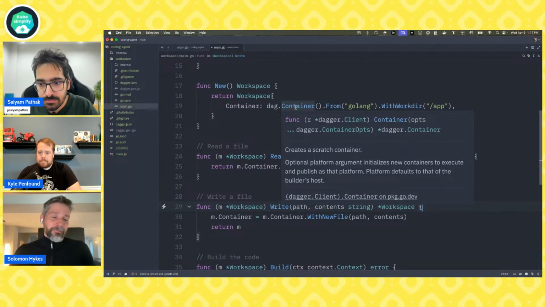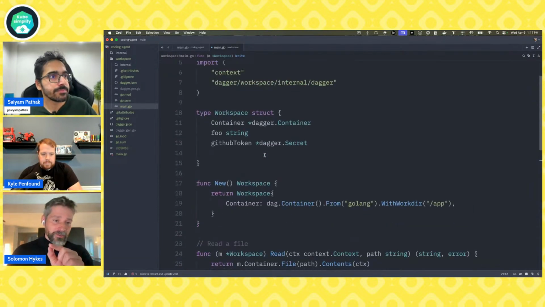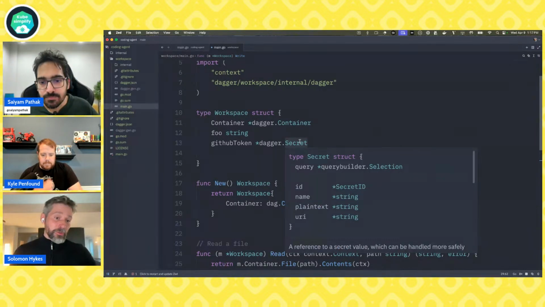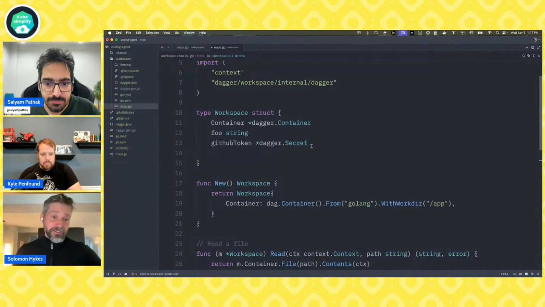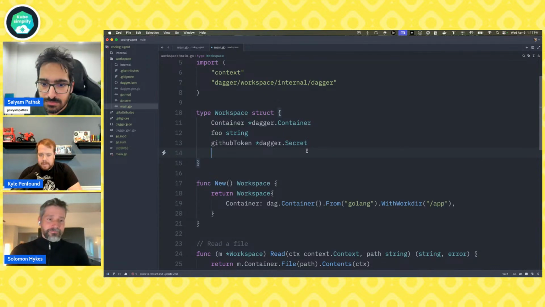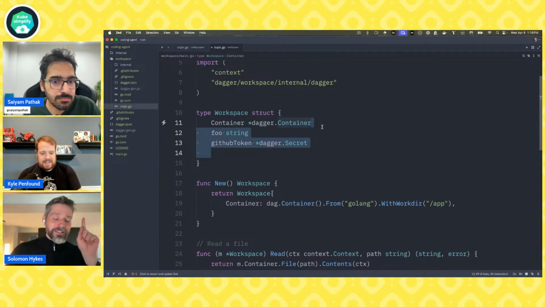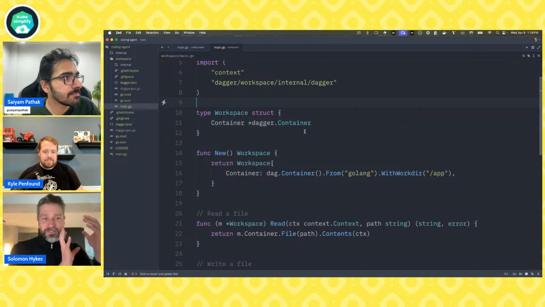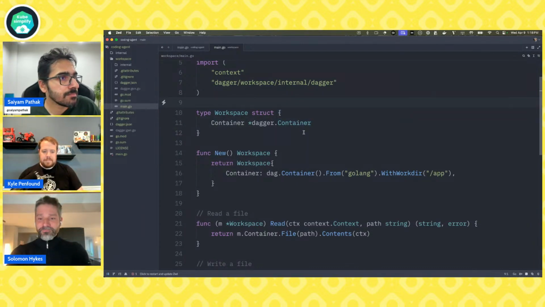But it's much more than that, because the container is just one primitive, one of many types that you can program, like you can program any sort of software. So I just wanted to point that out. This is a very flexible system, and your object type, like the workspace type here, can really contain all sorts of data, not necessarily a container being built. Sorry, Cal. I just wanted to mention that because I know that is a question that comes up a lot, and people sometimes miss that important detail.